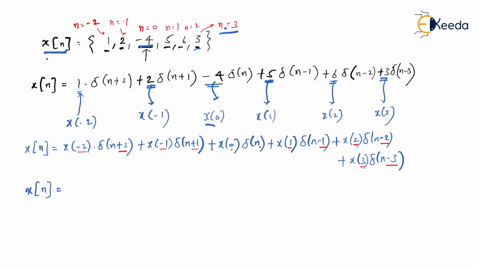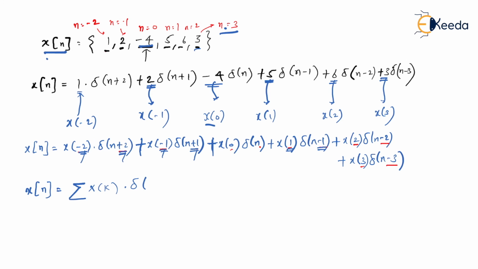If you see, it is actually following a common format everywhere. Is that right? So it is following a common format everywhere. And then it is summation of all together. So I can write some summation symbol here. And if you see the value of variable here and here, it is same. Here and here it is same. So I can replace with another variable, let's say k. So I can write this as x of k dot del of